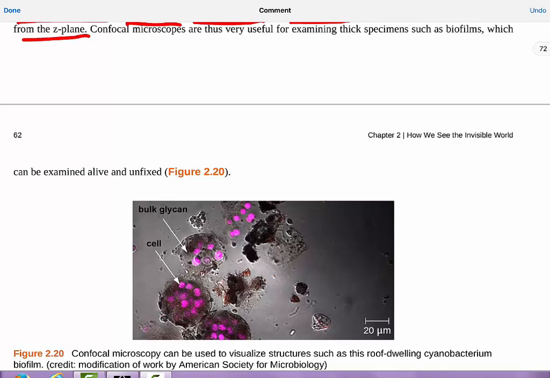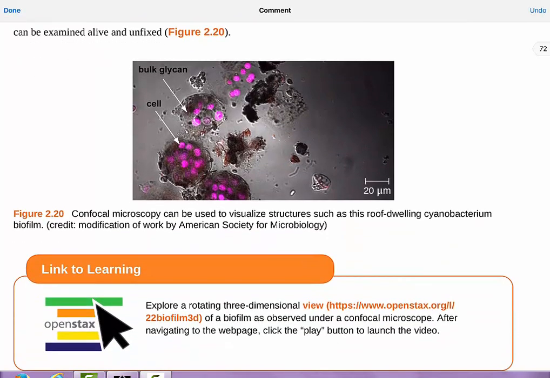So they're very important for looking at thick things. For example, examining thick specimens such as biofilms, which can be examined alive and unfixed. Oftentimes when we're looking through our Brightfield microscope, we're trying to focus and focus and focus, and we get to what seems to be a chunk of something. Maybe this image here looks familiar to you if you've looked through a microscope and seen something that looks kind of like a chunk of something. And as you move the stage up and down, you're focusing at different